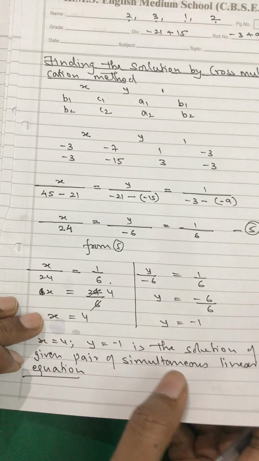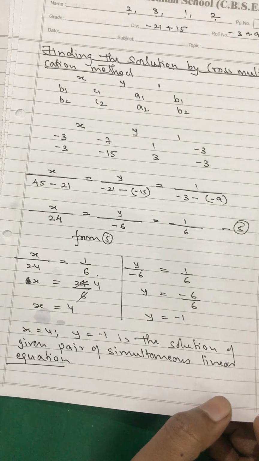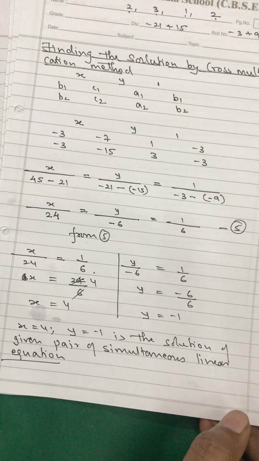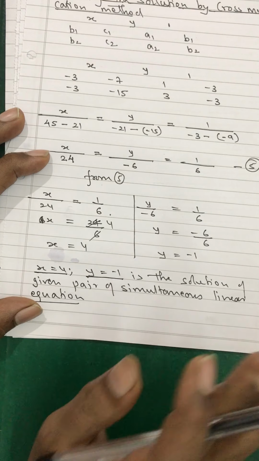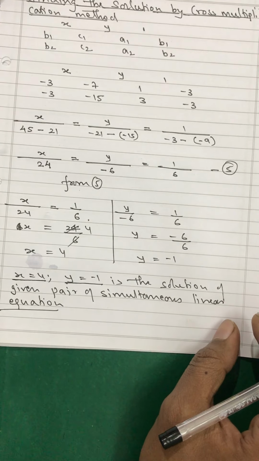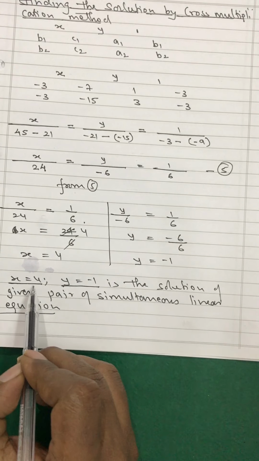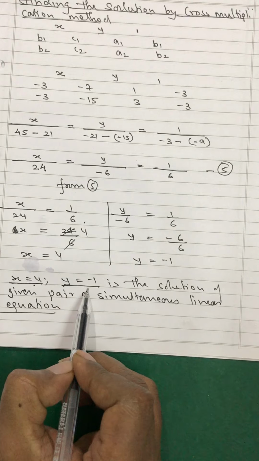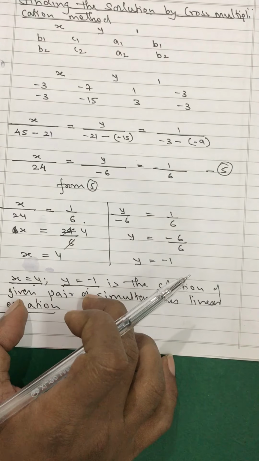Now my dear students, one problem is there. A few of our students are still finding some confusion in how to verify or how to counter check what I am doing. See, once you get the value of x is equal to 4, y is equal to minus 1, those students who are still not very clear with the idea of how to verify. See, this is the value that you have got, x is equal to 4 and y is equal to minus 1. This is your solution that you have got. How to verify this solution?